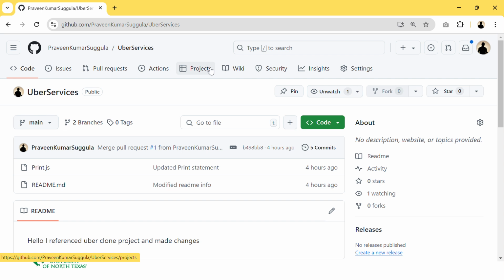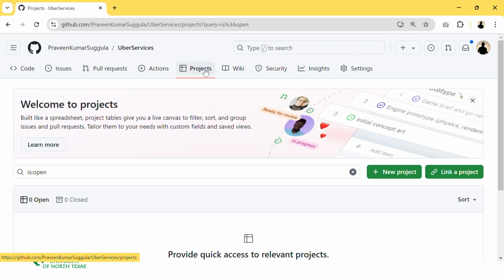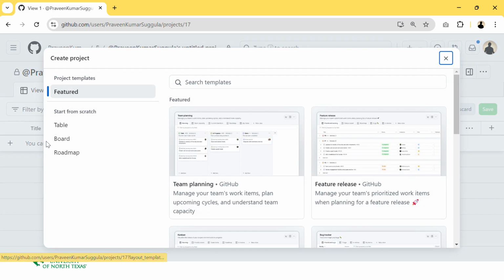By using the project boards, we can create issues to keep track of every activity that we are doing in our project work for reference. To do that, navigate to the project session. This is visible only to the project owner or a GitHub owner of this account. So click on a new project, select the boards,